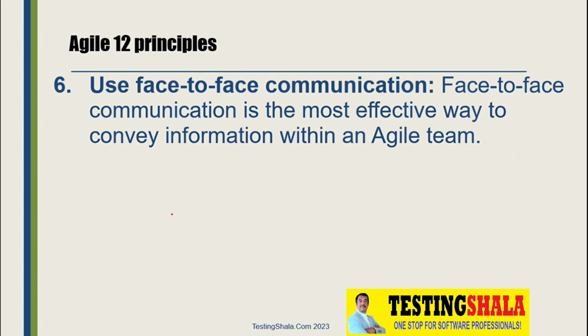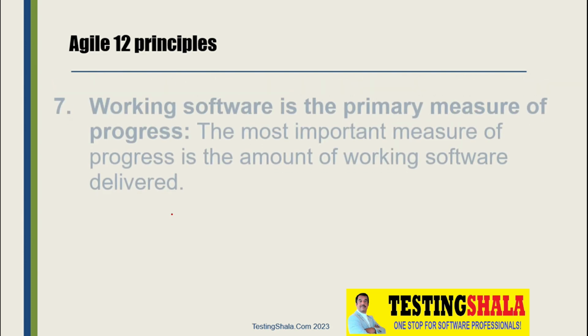And the sixth principle is that Agile expects that working very closely, with face-to-face communication, is always effective. Sometimes people can be physically located in the same place, or they can interact virtually. Face-to-face communication is also fine, as long as we are able to talk to each other in a collaborative way. That is the sixth principle which Agile talks about.